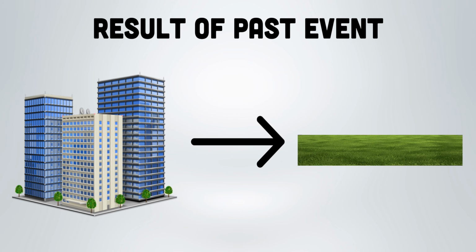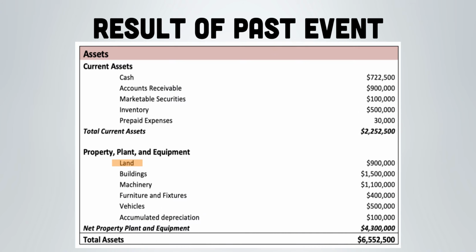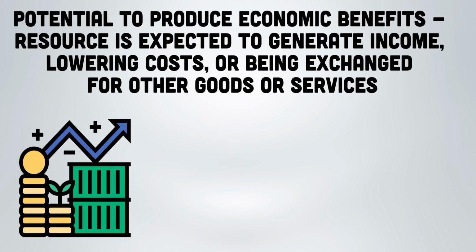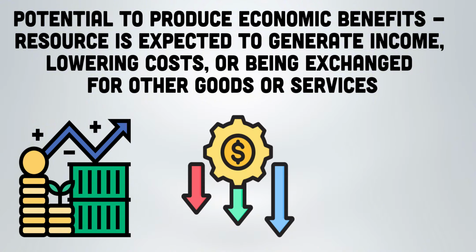A result of a past event, for example, a company buys land. The purchase of land is a past event, and the land becomes an asset on the balance sheet. Potential to produce economic benefits is when a resource is expected to generate income, lower costs, or be exchanged for